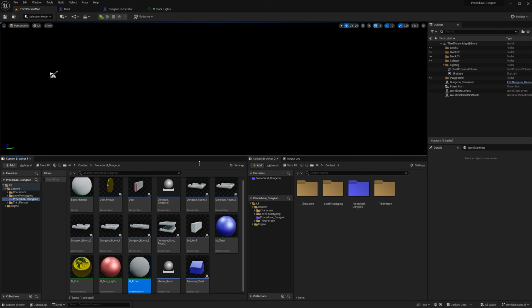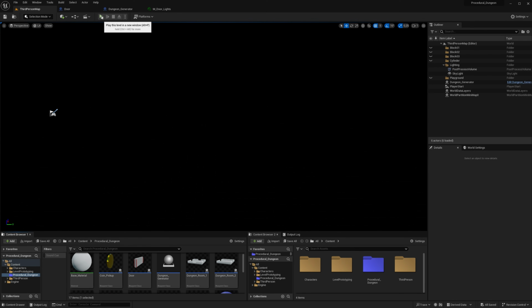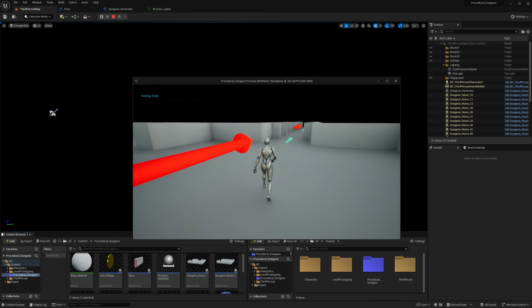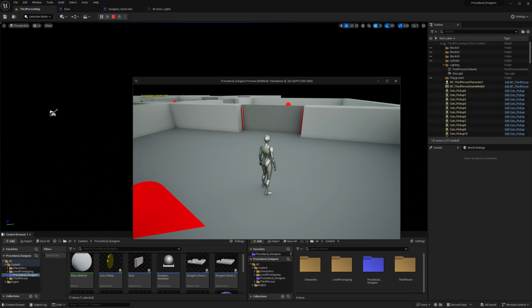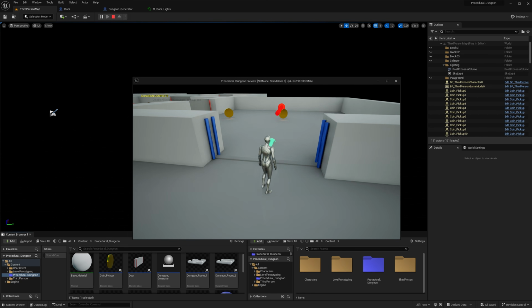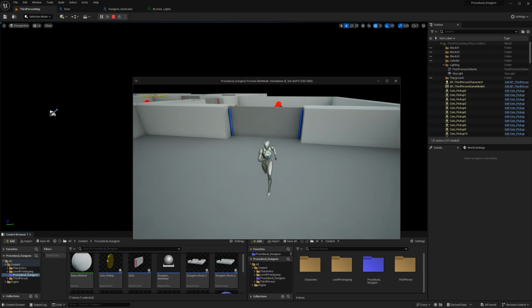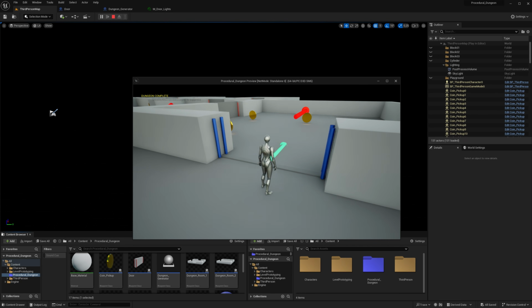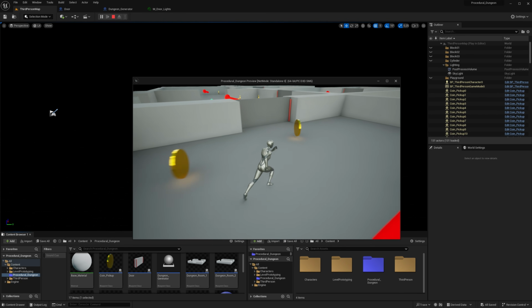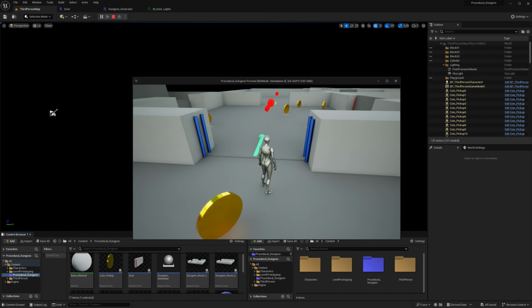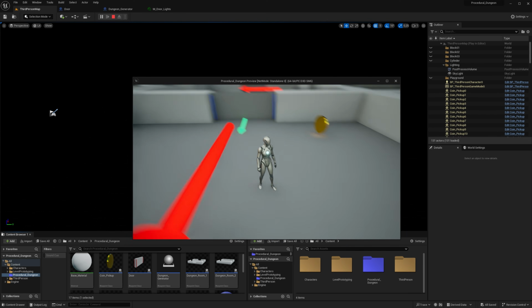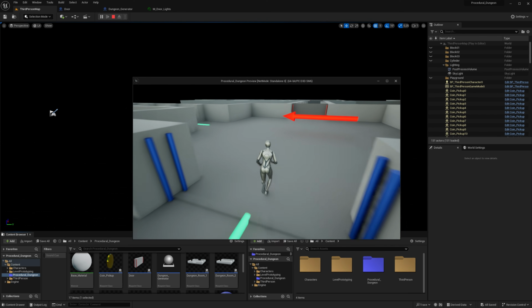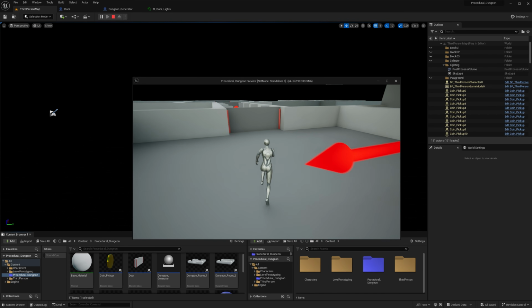And let's see how it works. Here we have a door. It is red, turns blue when it's open. Red door, it's locked, and now it's unlocked. So now you can see which doors you have been through.